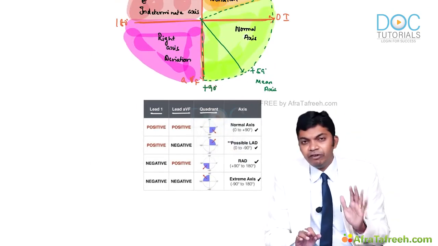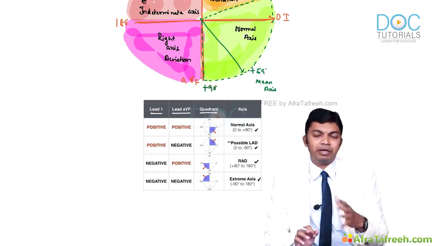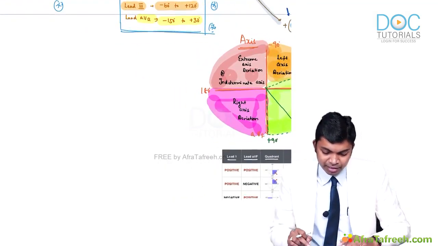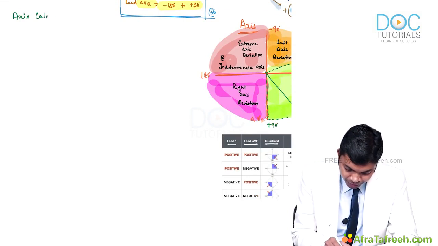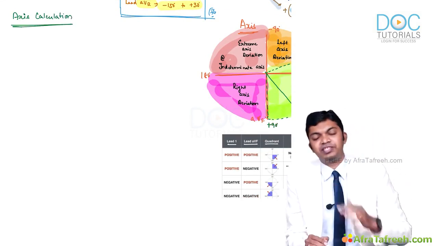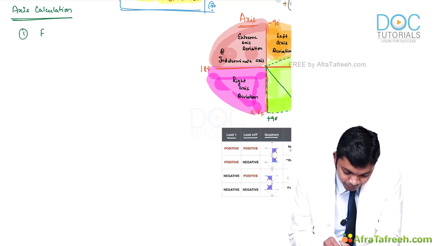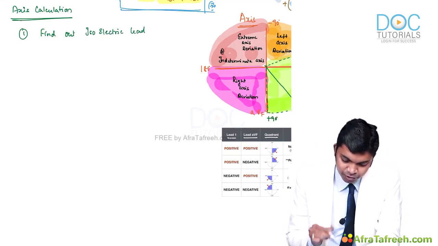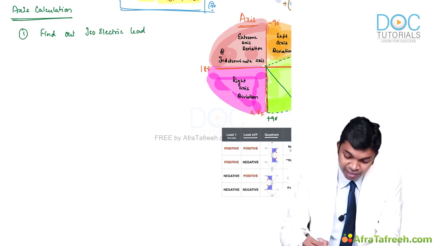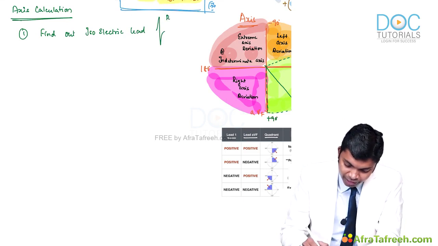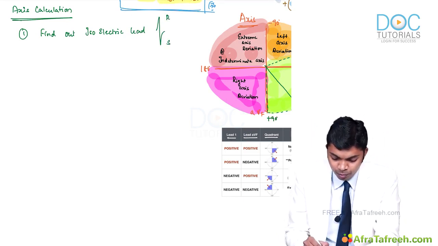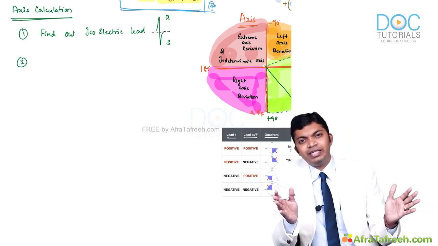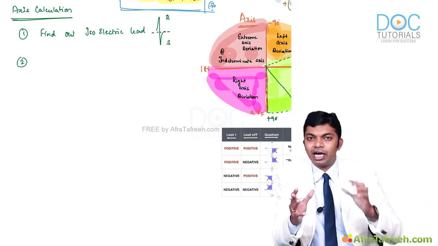But is it sufficient? If you cannot use graph paper and you can't measure an axis straight away, the next best possible method is axis calculation in another way. If you have been given a series of ECGs, all you need to do is find an isoelectric lead, doctors. Find an isoelectric lead, which means a lead which has equal R wave and S wave amplitude. Okay, that's point number 1. In case an isoelectric lead is not seen in any of your 12 lead ECG, and you cannot find such an equiphasic R wave and S wave,